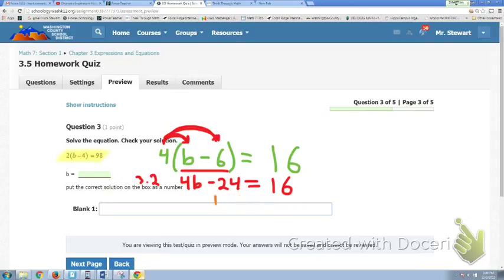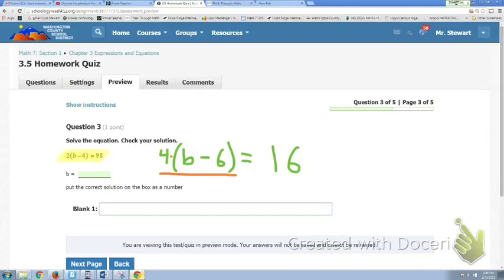If you wanted to observe that, you can go back and just hit pause. I want to show you one thing here that you can do. Since 4 is being multiplied by this entire quantity, I could inverse that operation. Now watch what happens. I could actually divide this entire quantity by 4, and that means I would have to do the same thing to this side. Whenever I take a group of numbers that's being multiplied together and then divide by one of those numbers, that's just going to cancel out and go to 1. So 4 is going to easily cancel out the 4 in the denominator, and b minus 6 is what's left over. Now that equals, let's see, 16 subtract